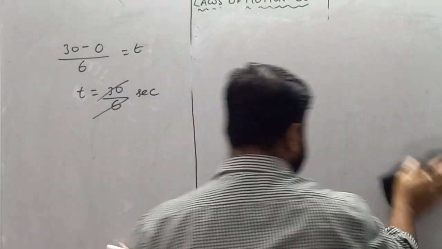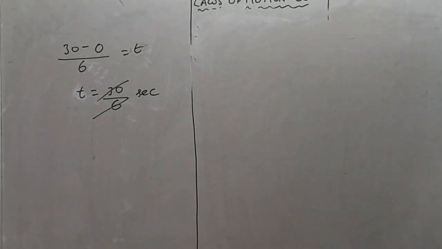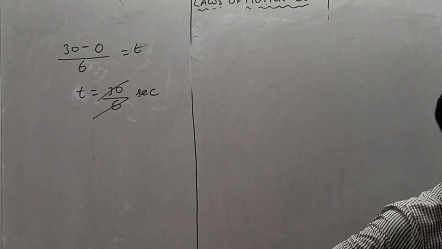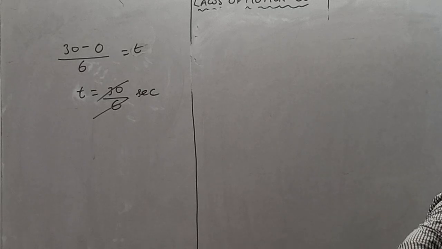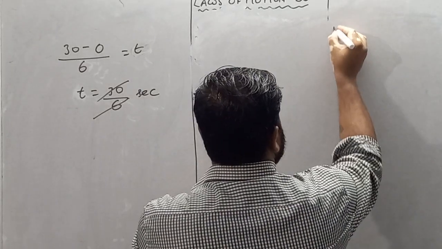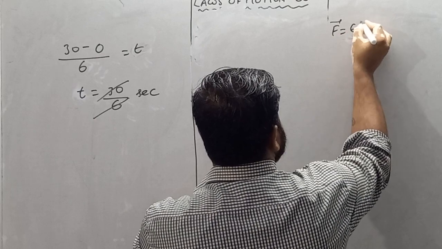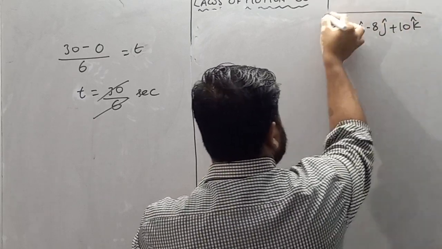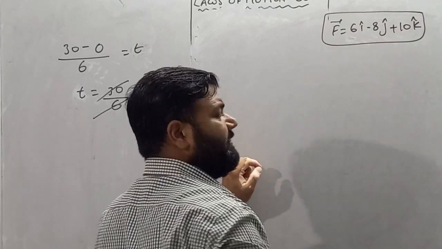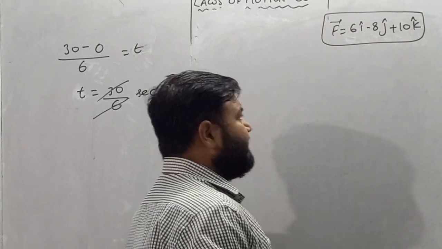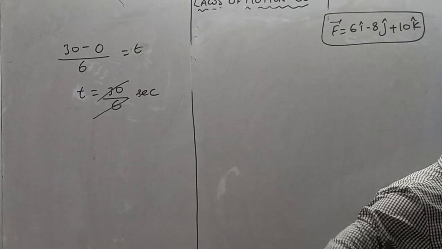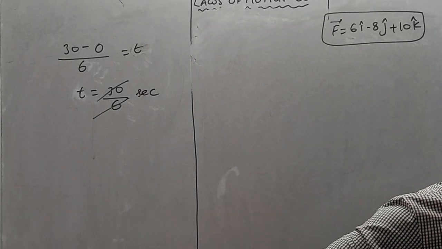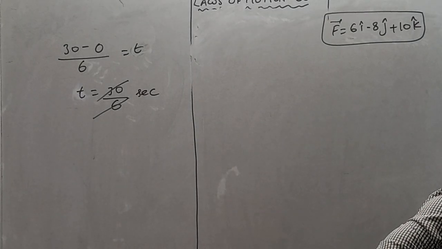F vector is equal to 6 i cap minus 8 j cap plus 10 k cap, and it accelerates